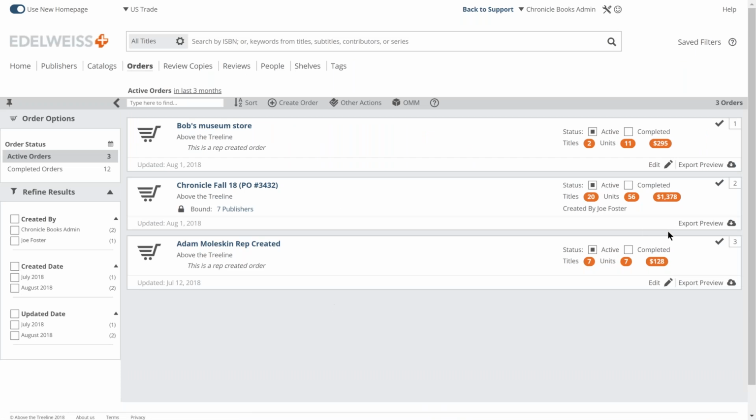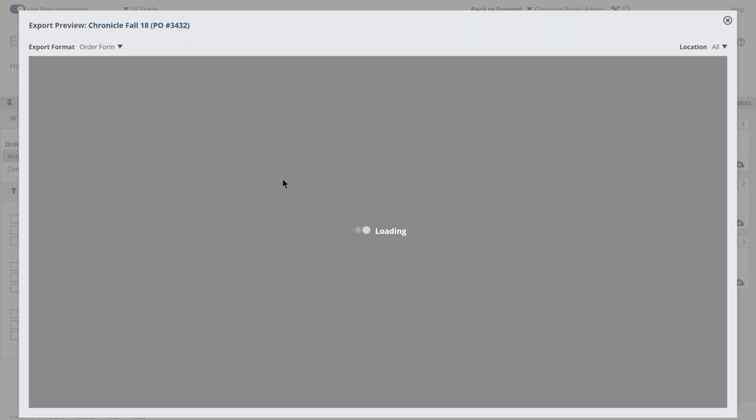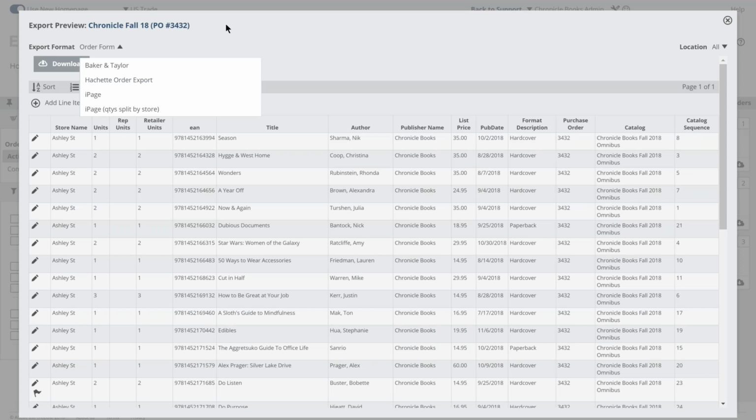You both have agreed on the numbers. You can come in here, go to export preview, and you can export this as an order form, or you can create your own custom exports as well. I'll show you where to find the instructions for that here in a bit. But you just click download and it creates an Excel document that you can then send off to your publisher as you like, or each publisher kind of has their own different ways to do it,